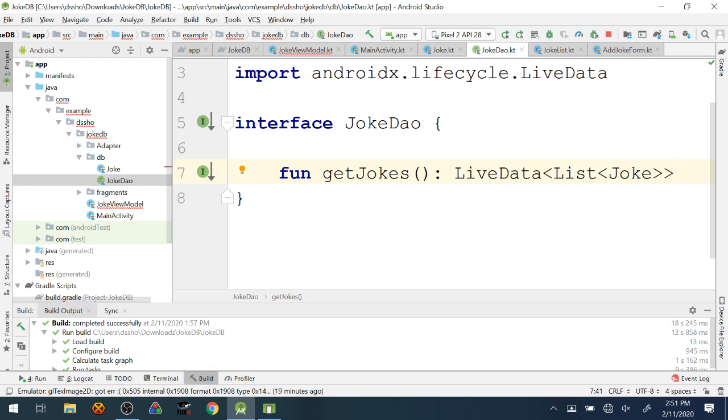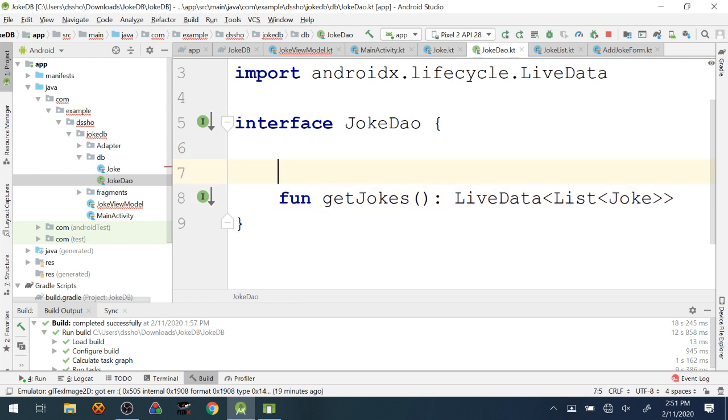A list of jokes. And now, here's where a little bit of SQL comes in. This is not a database class, right? But we are going to need to know at least a little bit of SQL in order to use this library properly. And again, the people who told me they've already done SQL before, you're probably already familiar with the basics. So what I'm about to say is probably going to be a little bit of review for you.